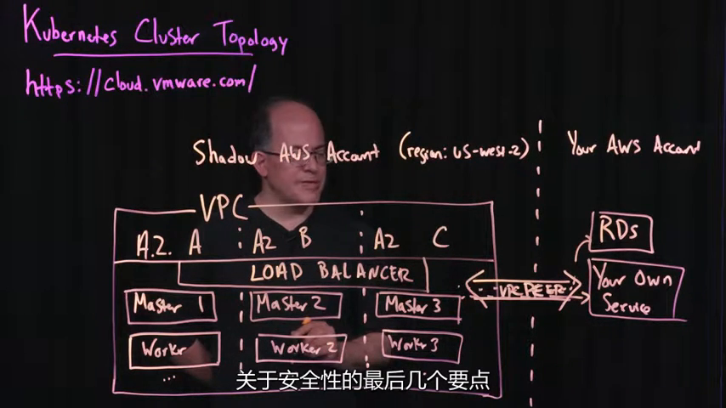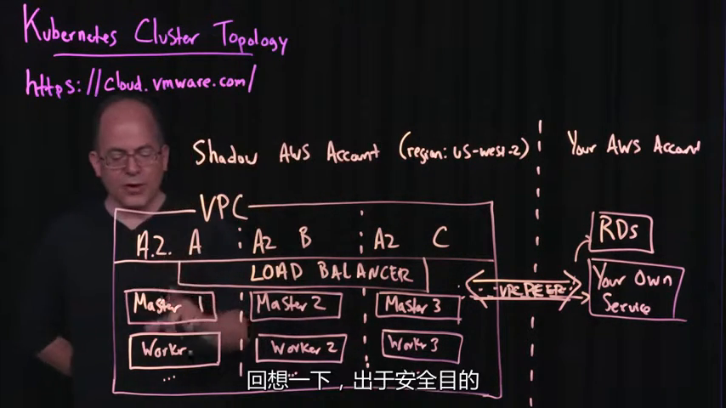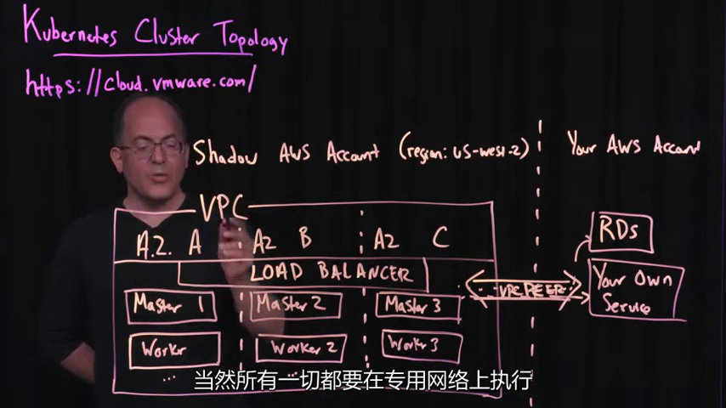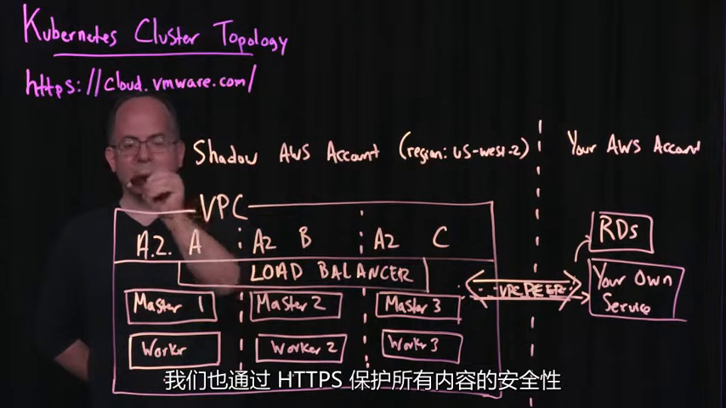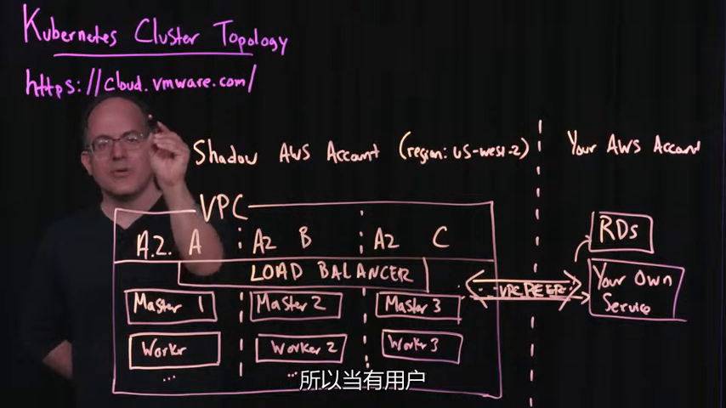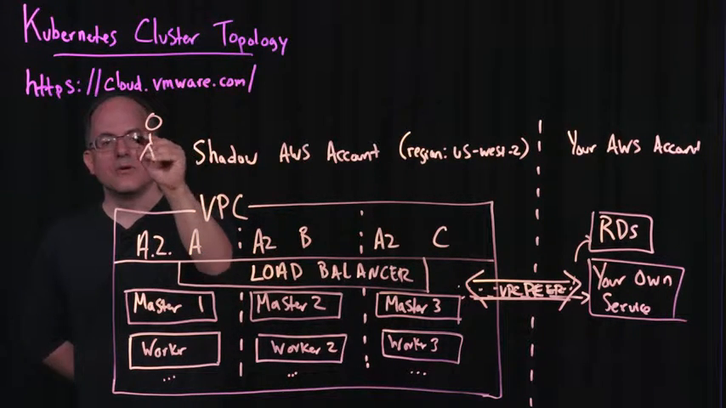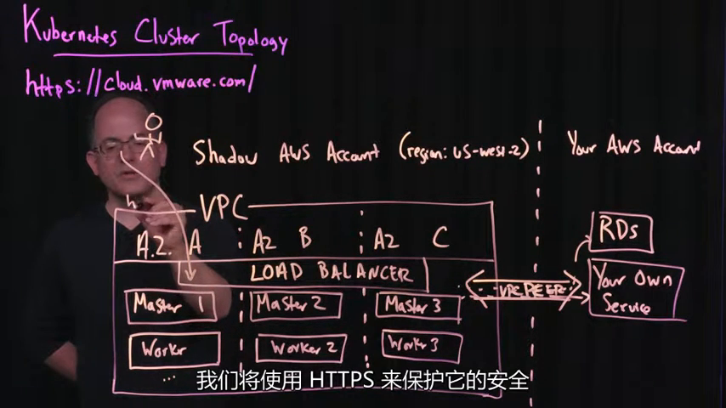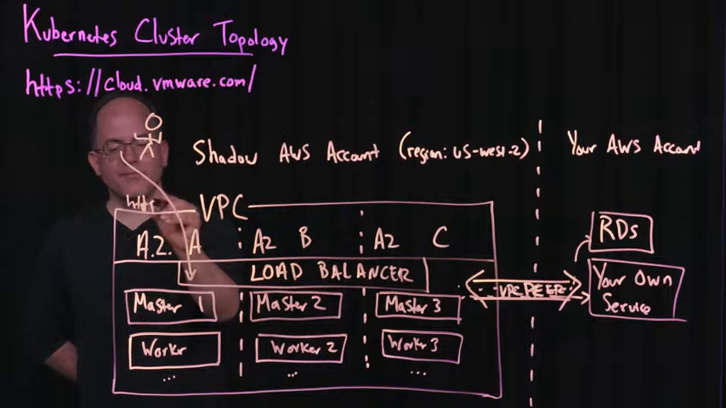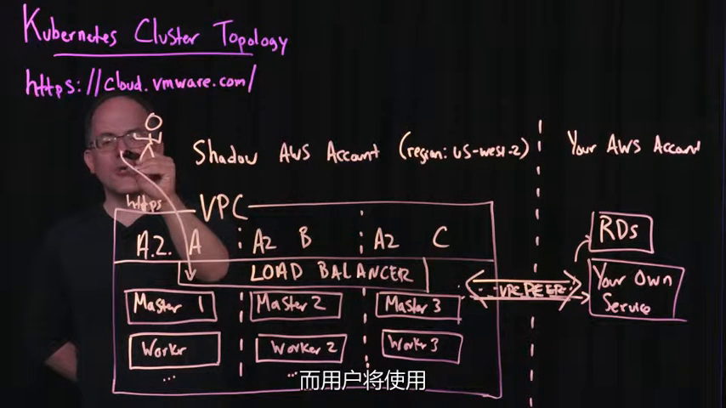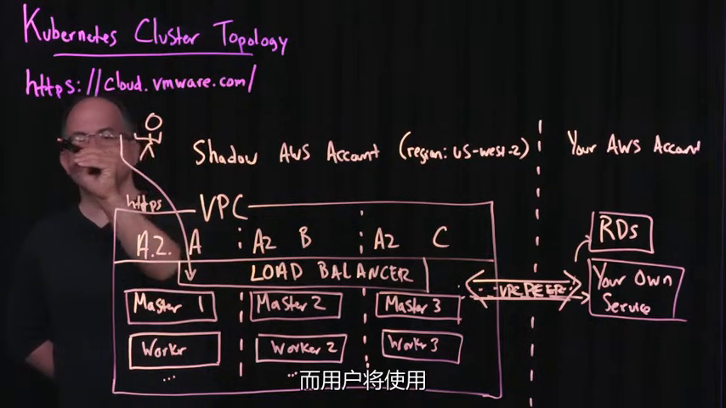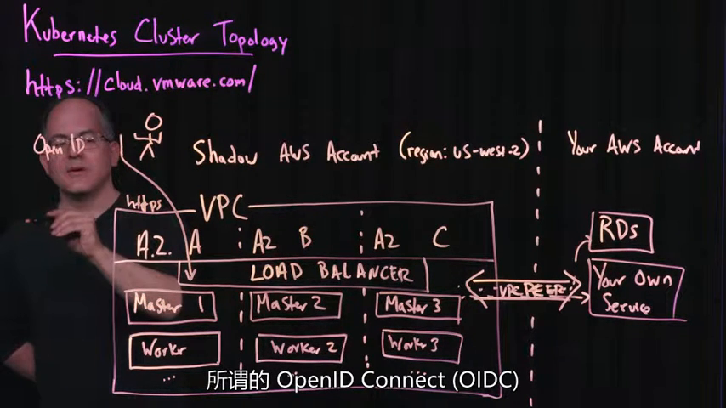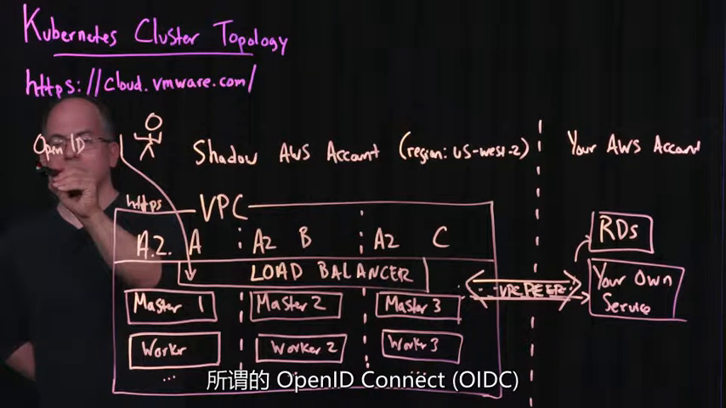A couple last important points about security. You'll recall that, of course, all of these are on private networks for purposes of security. We are also securing everything through, of course, HTTPS. So when there's a user who wants to access their Kubernetes cluster, we're going to secure it with HTTPS. And users are going to authenticate using something called OpenID Connect,